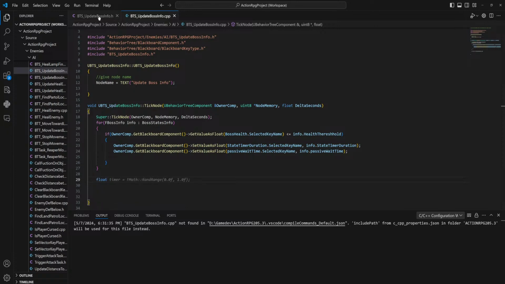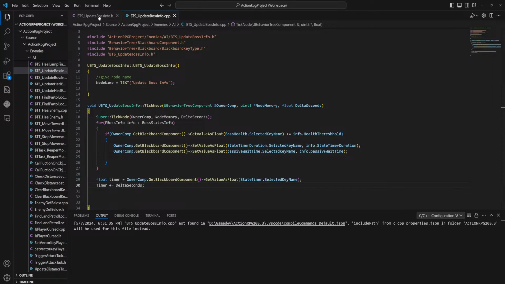Outside of this though, we are going to make a float for timer, which is going to be equal to owner Blackboard component get float as value state timer. Yeah, that makes sense to me. Timer plus equals delta seconds.